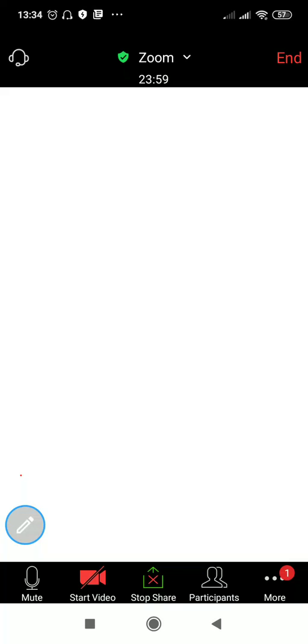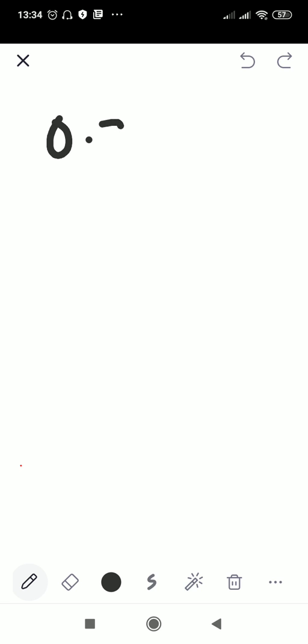Okay, now we are going to divide the decimals without using a calculator. Alright, now we can see here an example. We are going to divide 0.72 divided by 0.3. Alright, now if you can see here, over here we have two decimal places and here we have one decimal place.